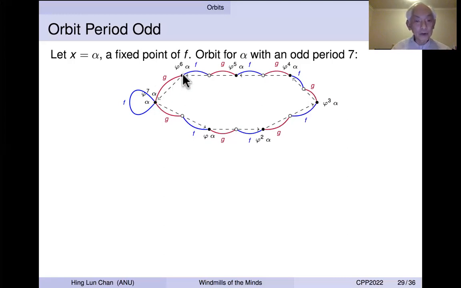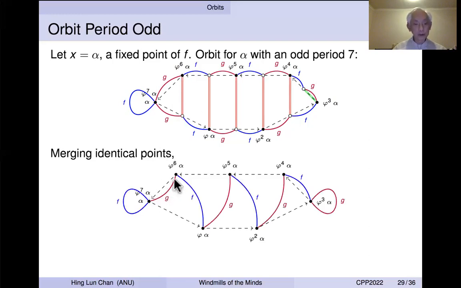And that means these 2 points actually must be the same, and so it has some implication for other points. Like this. These 2 points must be the same because they lead to the same point over here. And if these 2 points are the same, then these 2 points are the same, and these 2 points must be the same, etc. Likewise here. And so now these 2 points must be the same. And we do the clean up like the last time, merging the intermediate points to the real points. We get this picture, okay?